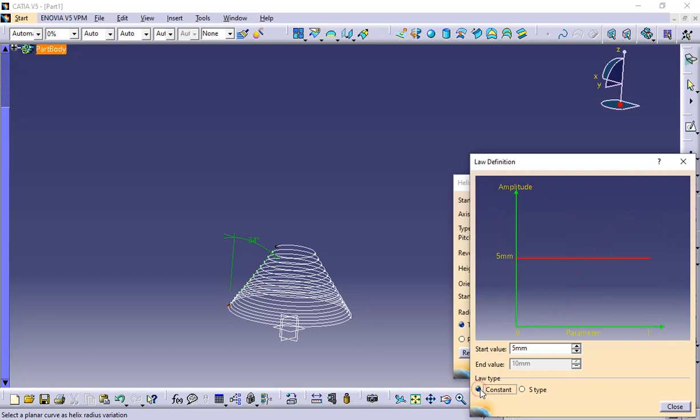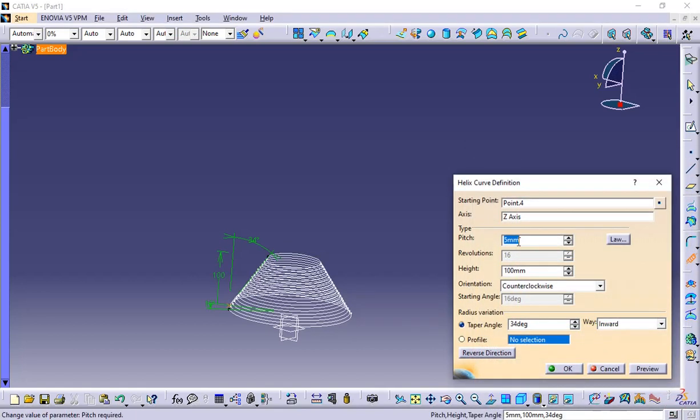Generally for constant law type it will be 5 mm. The start value is 5 mm, that is the same as the pitch which you have given here. So coming to the next one, you remove the taper here, give the taper value 0,